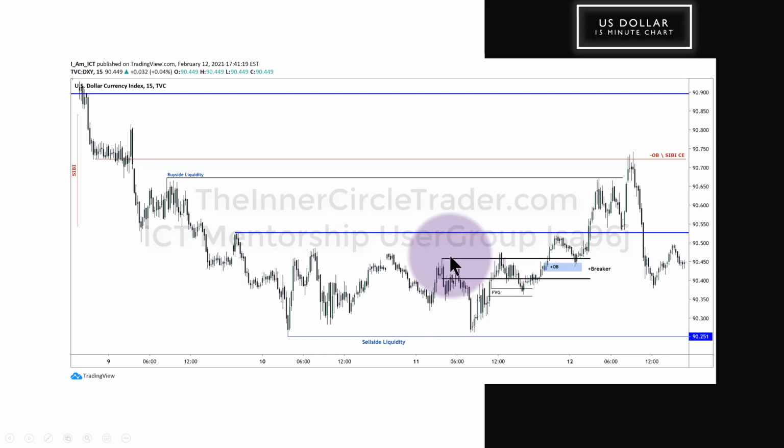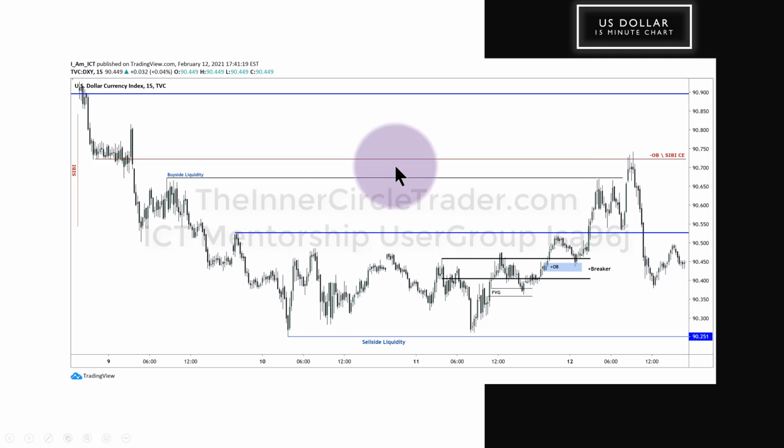Price runs above short-term high in here and trades back down into a fair value gap, consequent encroachment, runs up, down closed candle inside of a breaker. The breaker is this last up closed candle because we have a low, the high, the lower low. So you find the highest up closed candle in there, extending out in time, cut through candles. We are not supply and demand. The breaker range is here, trades down into it here and into the order block. Rallies, clears buy side liquidity only right there.